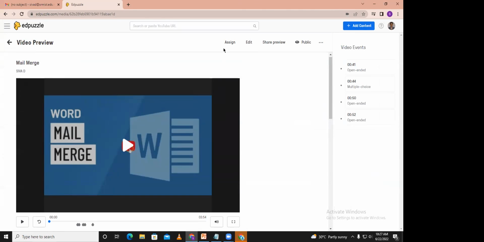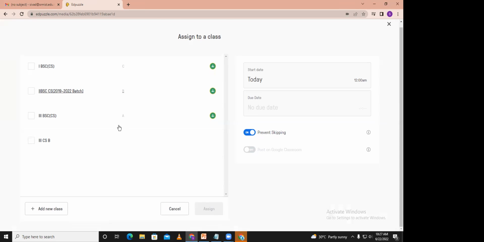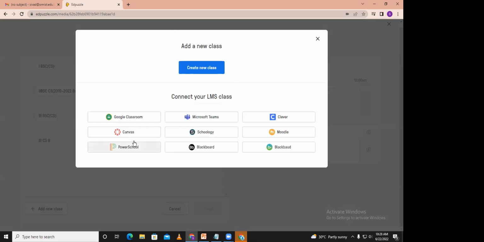There is an option called assign. So click on assign. I already created an embedding with my class students. So you can add a new class. Click on add new class. There are LMS systems available like Google Classroom, Microsoft Teams, Clever, Moodle. So plenty of LMS systems are supported where your learners